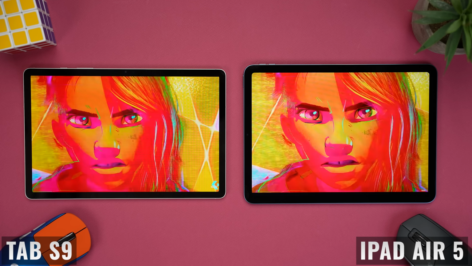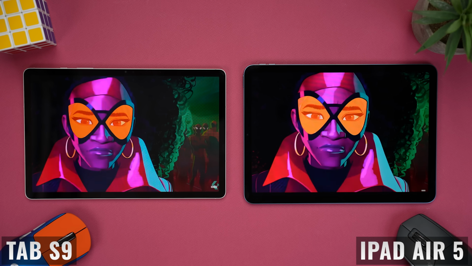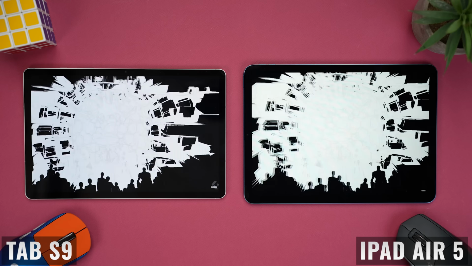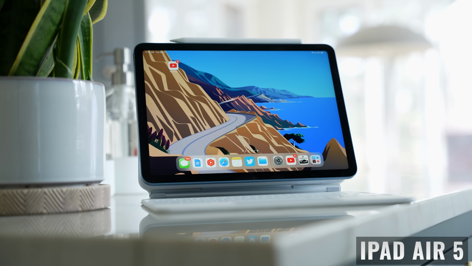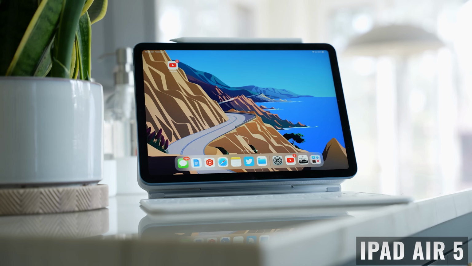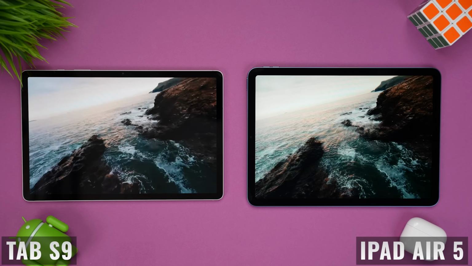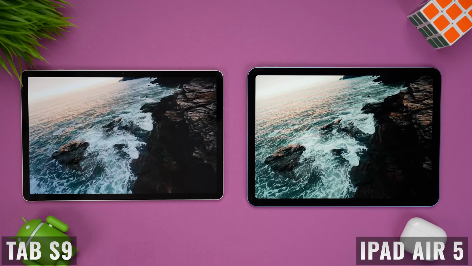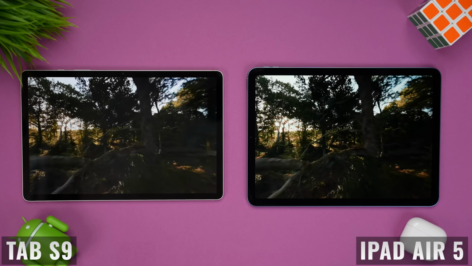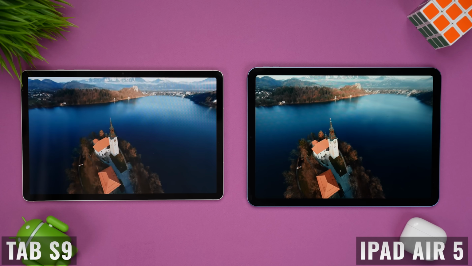Now, there are some really interesting things to consider when you look at the configuration options and prices, and there's definitely some critical differences that you need to know about before buying one. Plus, one area where one of these companies could have done more and one of them definitely should have done more. Starting out with the displays, both tablets are fully laminated, but the specs, types of displays, and the aspect ratios are very different. So let's see which one is better for you.